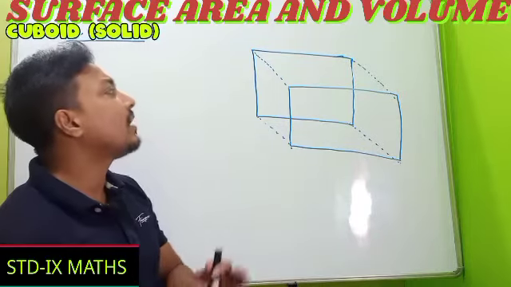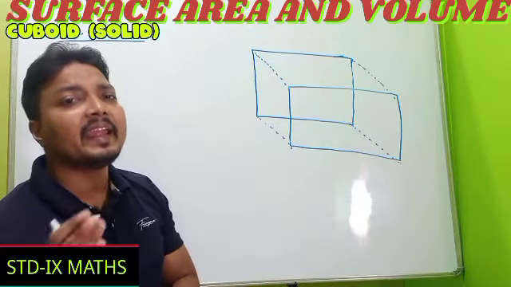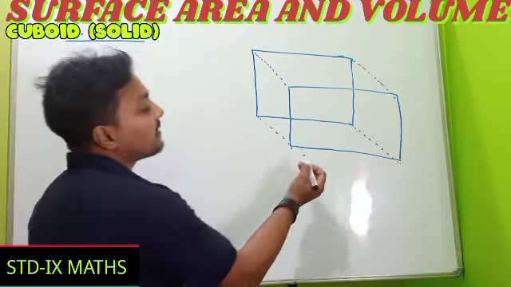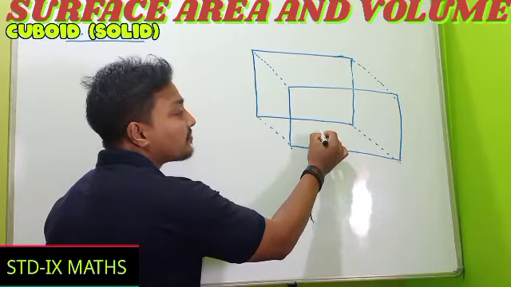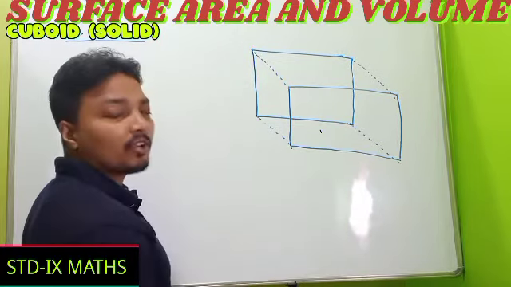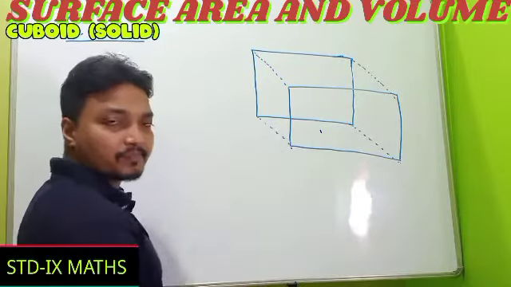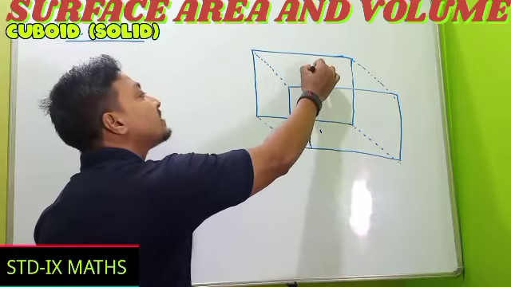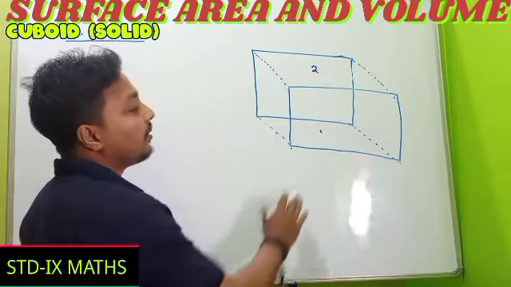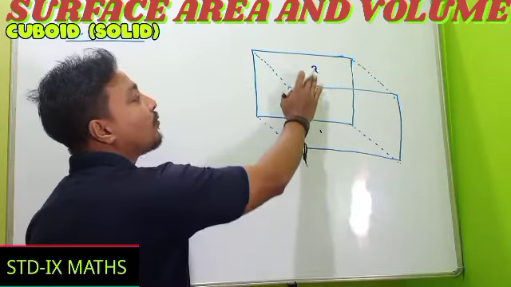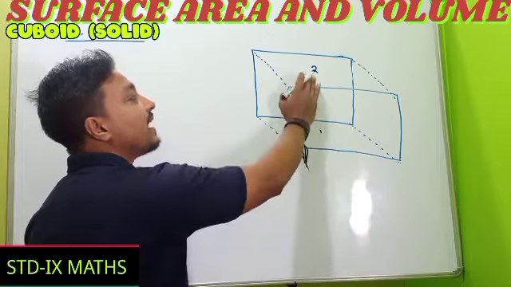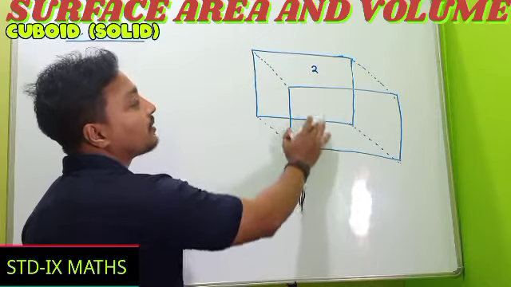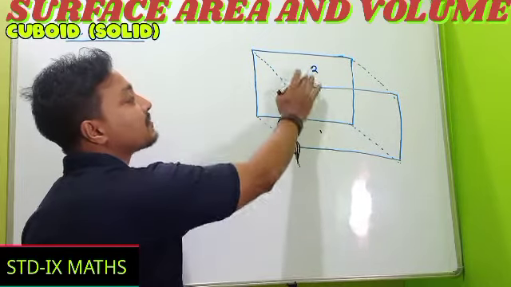So remember, first I want to discuss its faces. First, everyone, just see here. The face on which it is standing, or sitting, is called the base. The below one is called the base, and the top one is called the top. Remember, base and top are both equal to one another. Its shape and its shape are equal. It is a rectangle and it is also a rectangle. Both rectangles are of the same shape and same size.